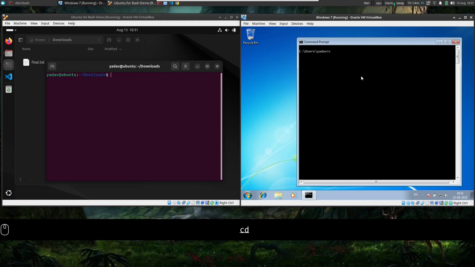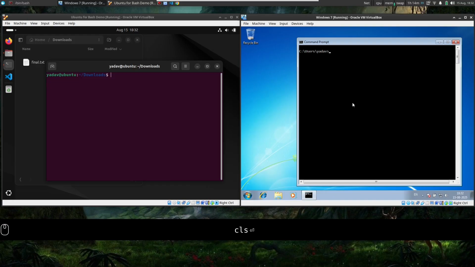If I want to see my present directory, I can just do cd C:\Users\Yadav, which is shown here as well. It does not have any shorthand notation for the home directory. If I want to check all the content of this directory, ls will not work. ls works in Linux, it won't work in Windows. I'll show you what ls will show. It will show it's not an operable program.